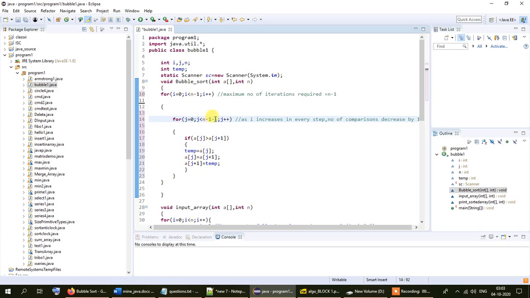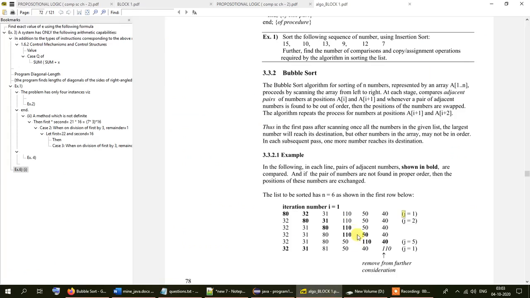And here you can see that in the j loop we have used j is less than n minus 1 minus i. That is because at the end of each iteration the highest element in the array, in this case 110, settles at the bottom of the array. So for that reason, we are reducing the number of iterations by 1 in every subsequent loop.